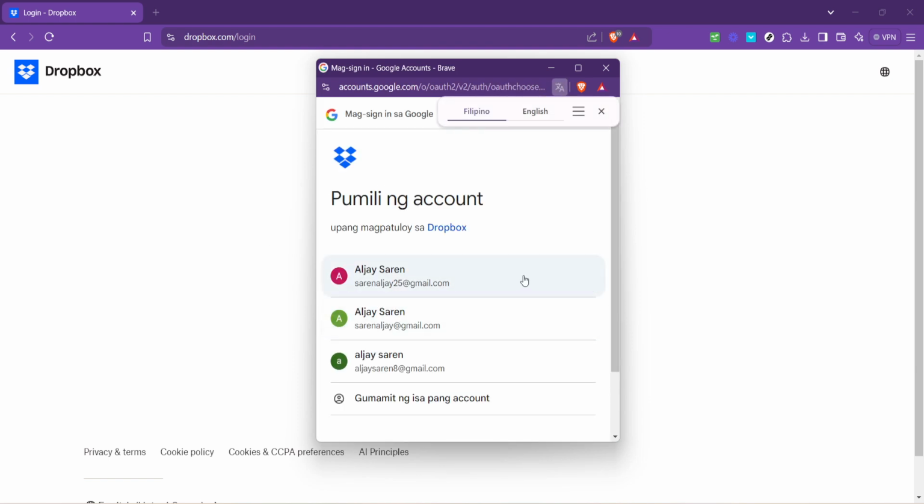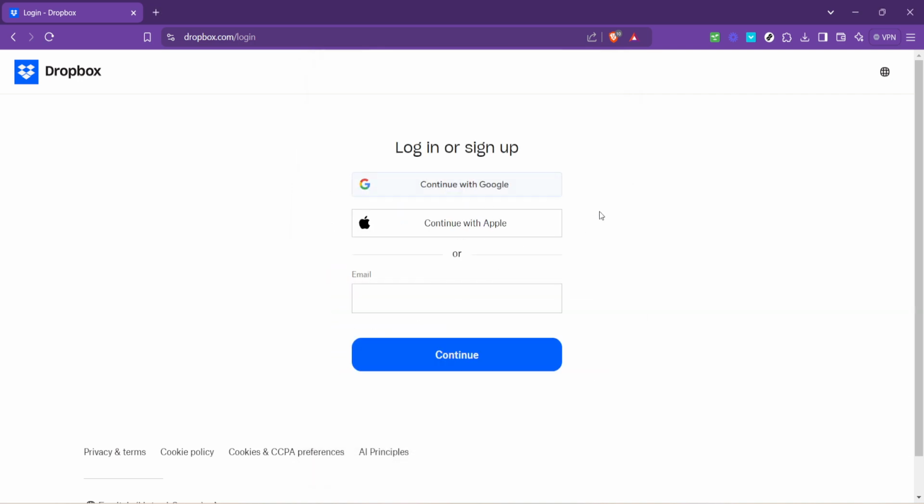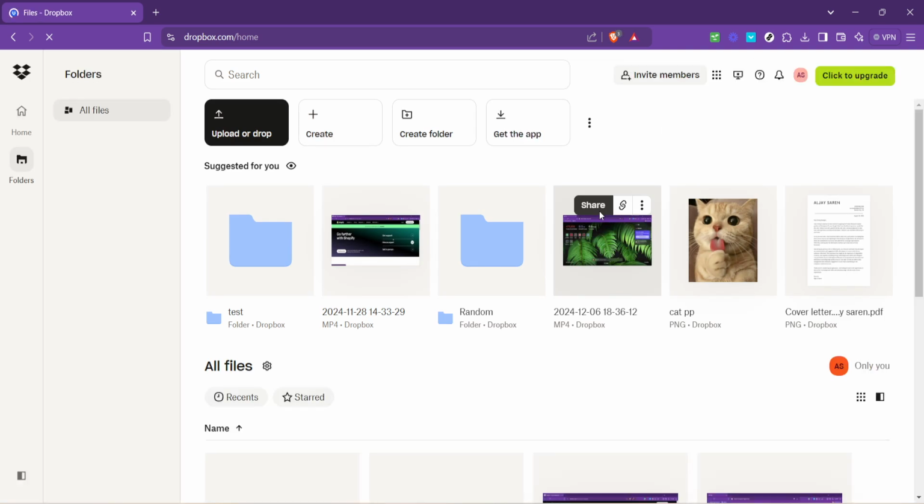After clicking on Continue with Google, you'll be prompted to select the Google account you wish to use, or to log into one if you're not already logged in on your browser. Make sure to choose the account you want associated with your Dropbox for a seamless transition between services. And just like that, you've taken the most significant steps toward opening your Dropbox account. It's a process that's designed to be as painless as possible, letting you get to what's important: storing, sharing, and